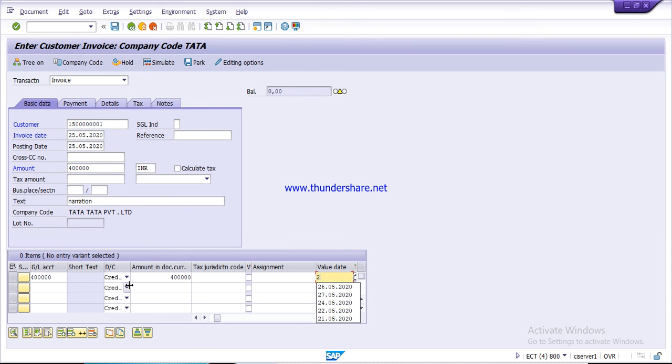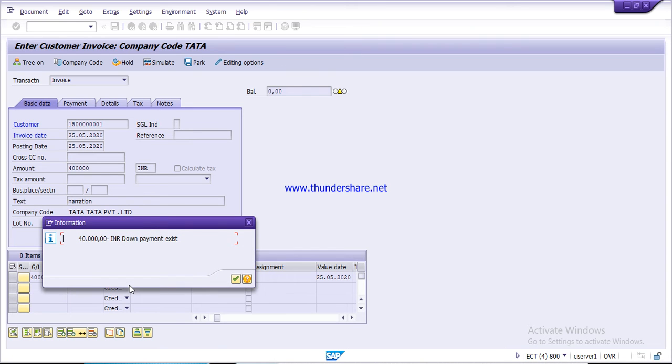Give value date is 25th of May 2020. Enter. Here one message has popped up with the reminder that 40,000 down payment has already exist.